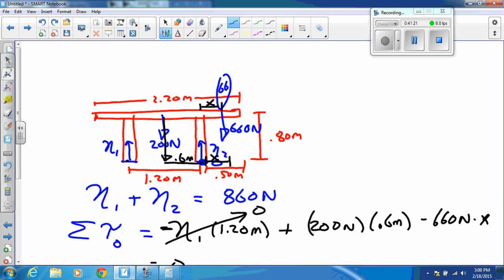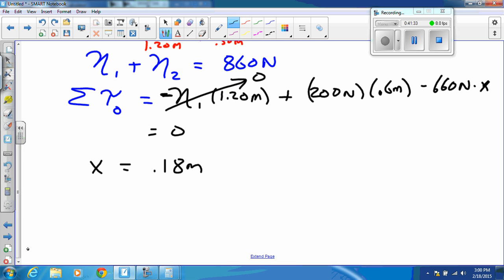Thank you. Okay, so the reason that we got that was that we didn't answer the question. The question was how far from the edge of the table. But notice where our x is. Our x is from this point of rotation right here. So you have to subtract. So we need a little bit of subtraction, that's right. So we have 0.50 minus 0.18 is 0.32 meters from